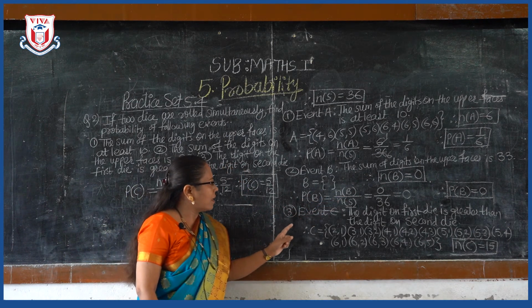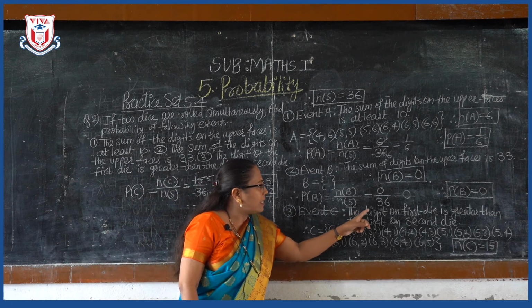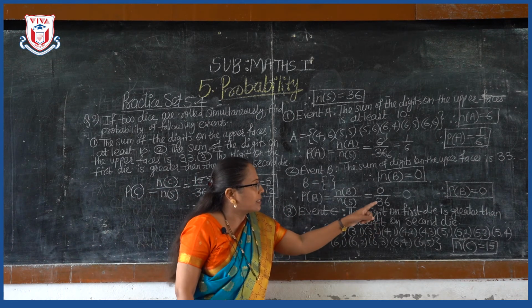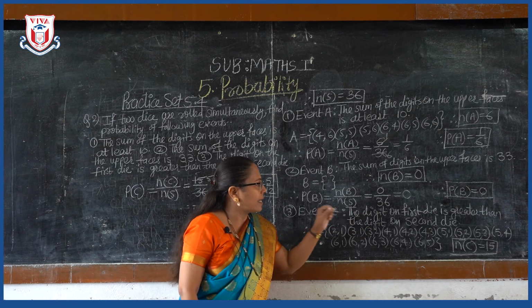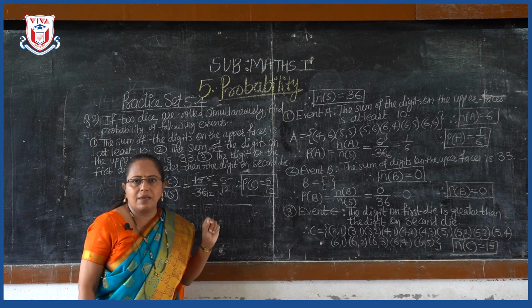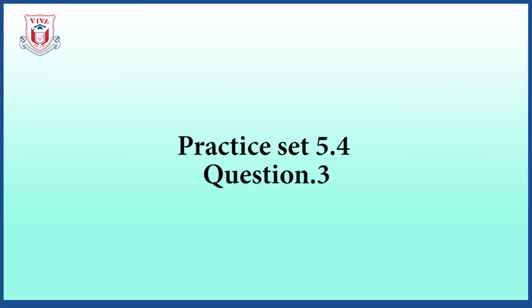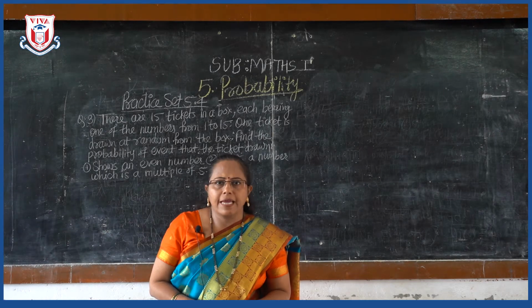And third answer, probability of the digit on first die is greater than the digit on second die is 5 upon 12. Followed how to find probability. Next question,